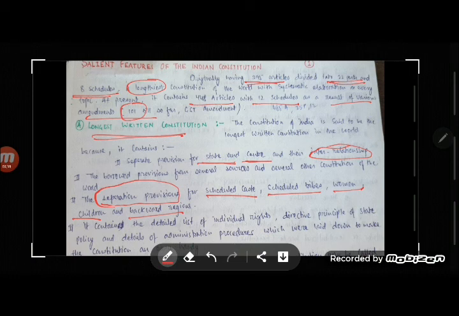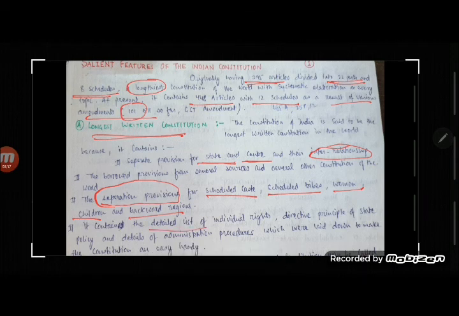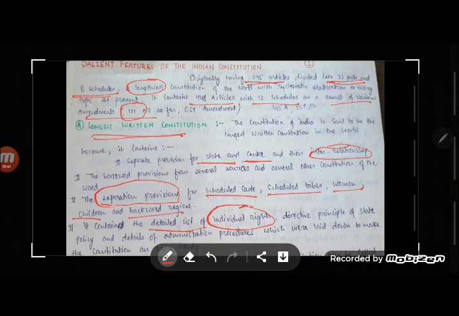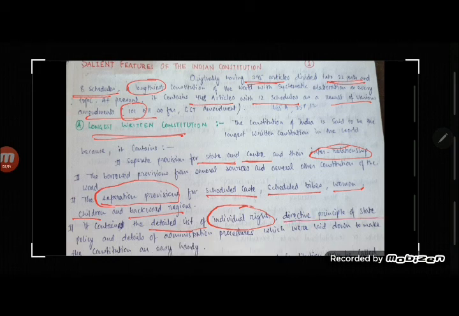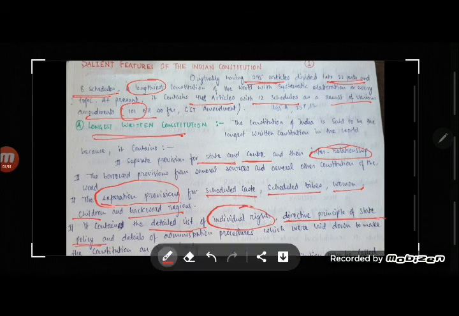So what does it contain? It contains a detailed list of individual rights. Every individual has been provided with their individual rights, and all the individual rights have been written in the constitution. Then we have the directive principles of state policy, how the state is dealt with and how policy is framed. All the principles have been given in the directive principles of state policy,